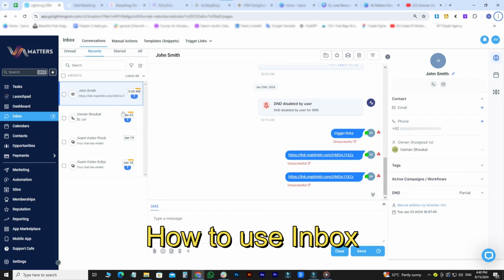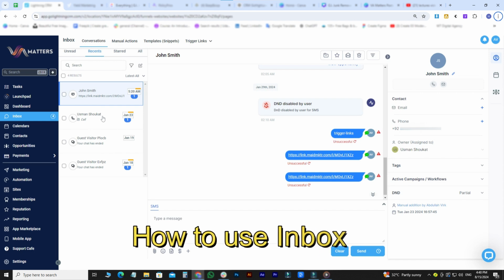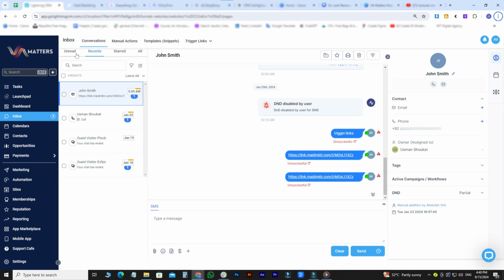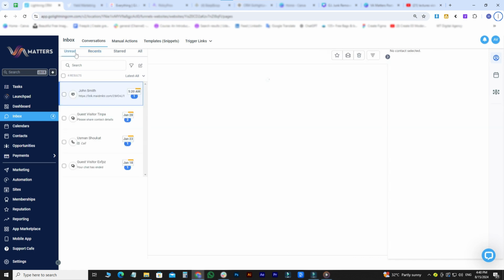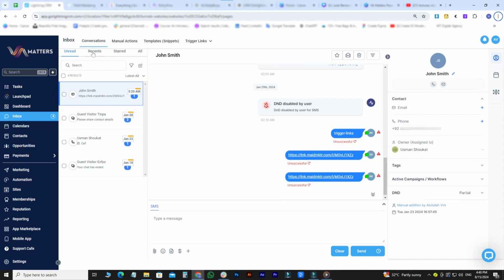This column on the left hand side of your screen shows you a list of all your messages. Using these tabs you can navigate between unread, recents, starred and all messages. Unread shows you a list of all the unread messages. Recents will show you the messages you received within the last few days. Starred will show you the messages that you have marked as important, and all will of course be all of